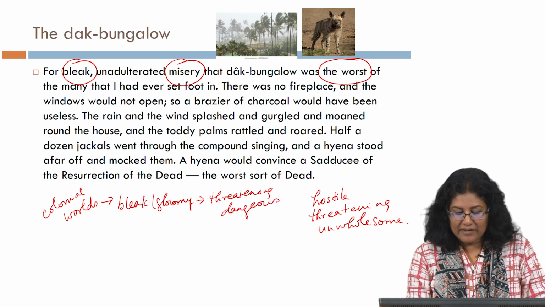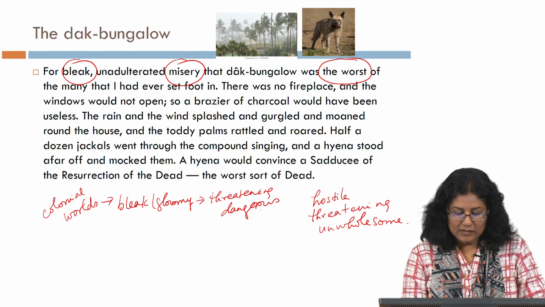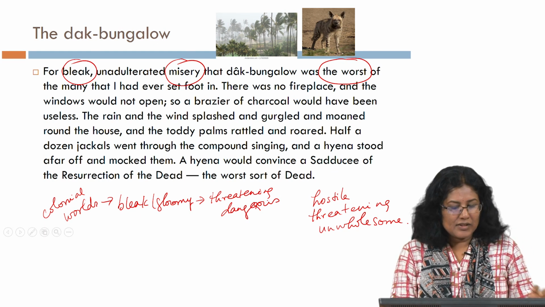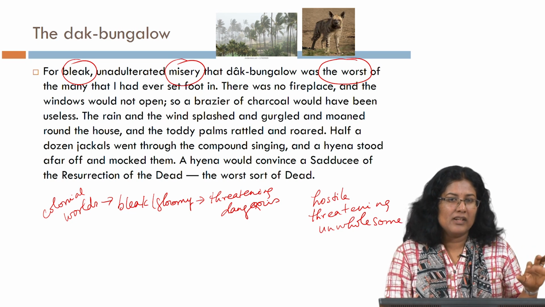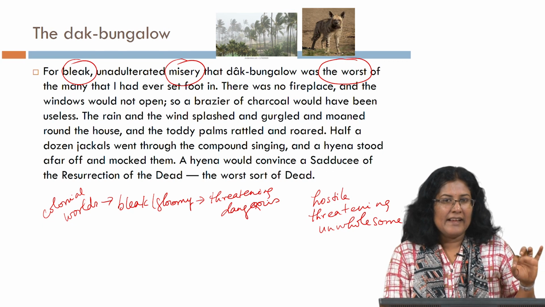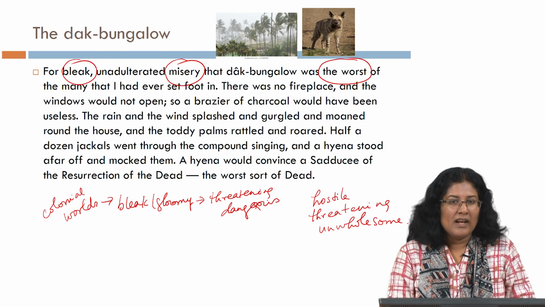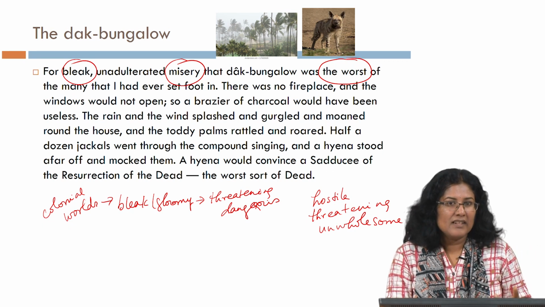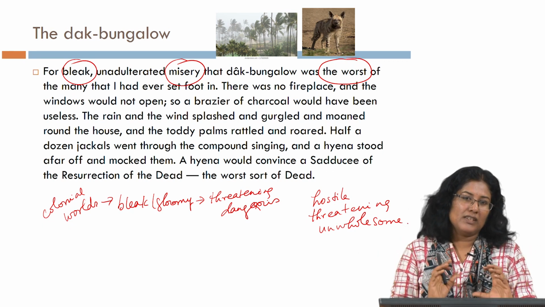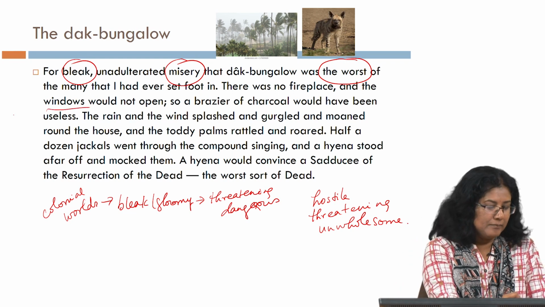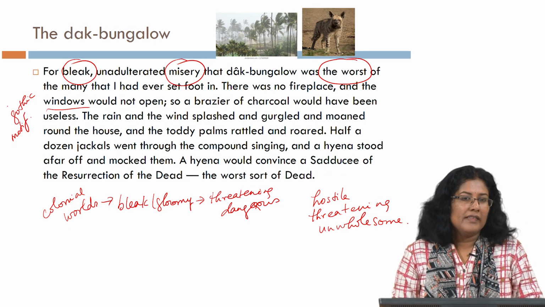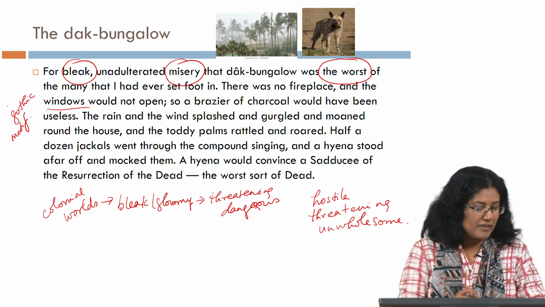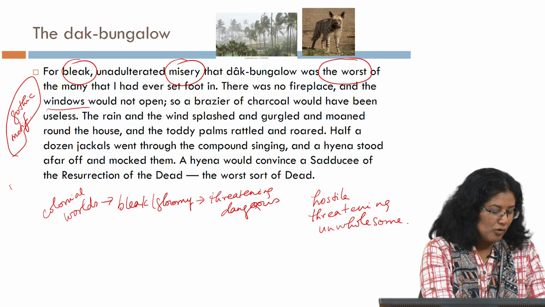for the health and safety of the English man. So here he also points out that this is the worst bungalow that he has ever stepped foot in, and there is no fireplace, he points out, and which means there's further darkness, and the windows can't be opened, the windows are stuck. So this is again a Gothic motif. And since there is inability for the narrator to open the windows, we get the sense that he is being imprisoned almost